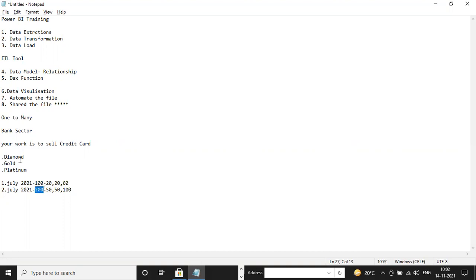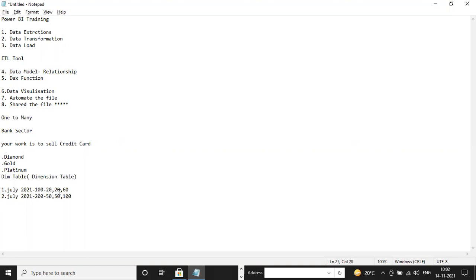But how many unique values of card are there? Only three: diamond, gold, and platinum. These three will go into the dim table, which means the dimension table.